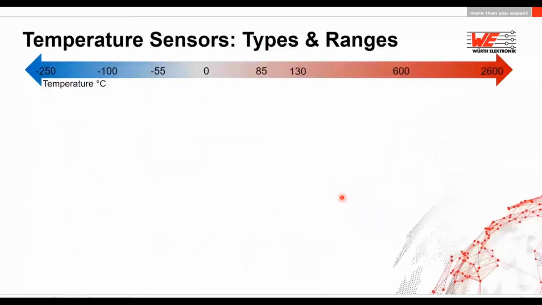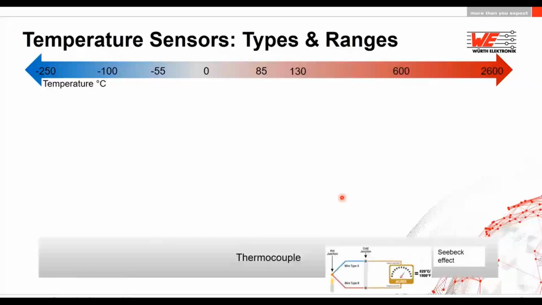So the temperature sensors are nowadays coming in so many different types, some of which you already know. The basic ones, which are the most widely used in wide temperature ranges, are the thermocouples. They are used from minus 250 degrees to more than 1000 degrees. The thermocouples are nothing but two different types of metal. They are tied together, and because of the Seebeck effect, they conduct